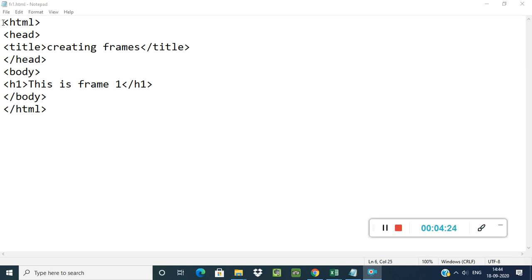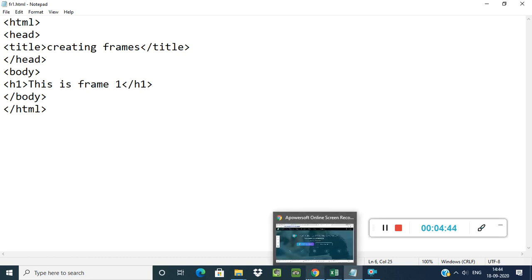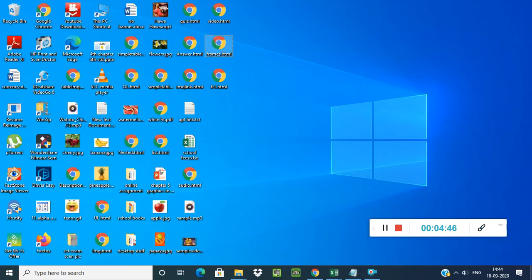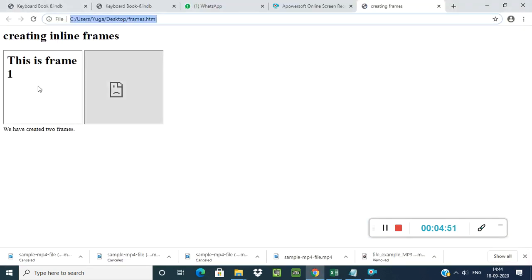In the body tag I put only one h1 heading tag with the message "This is frame 1". This message will display in frame 1 in your main frame. I am opening this, and see, this is frame 1. Likewise I will create the second frame.